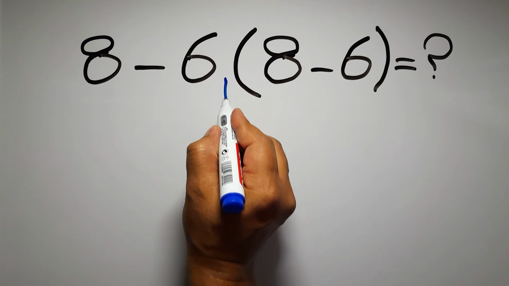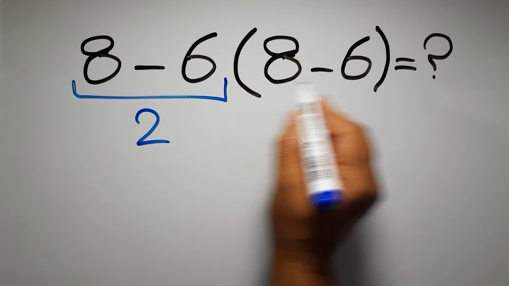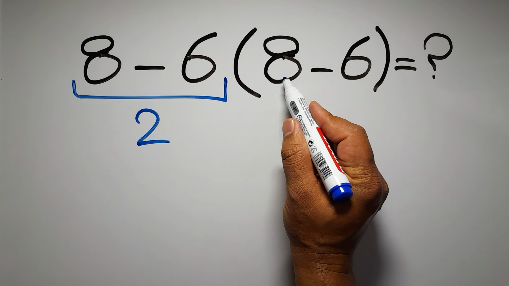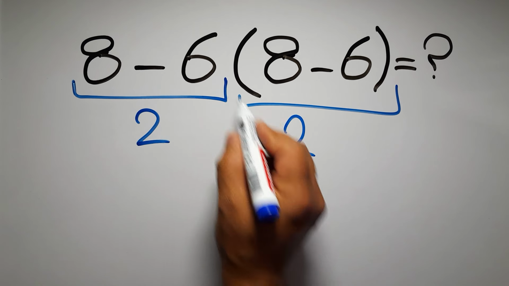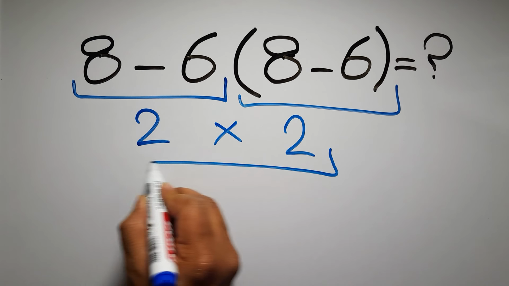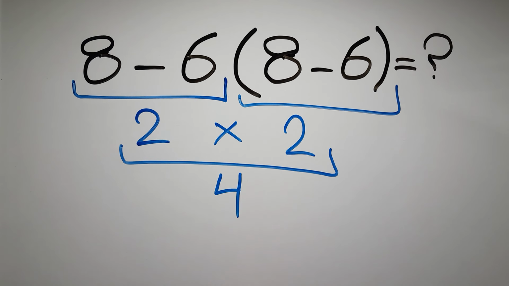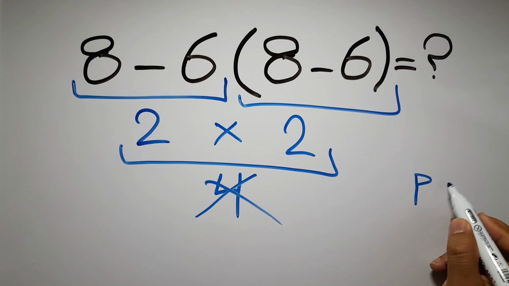8 minus 6 gives us 2. And again here inside this parenthesis we have 8 minus 6. So 2 times 2, which equals 4. But this answer is not correct, because according to the order of operations, first we have to do parentheses, then